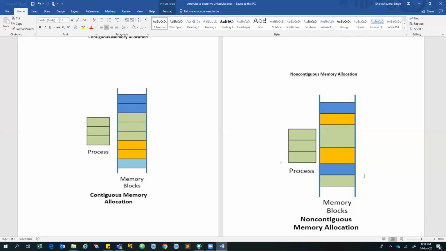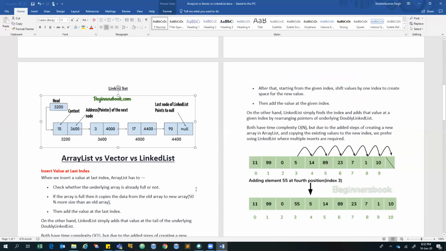I'll tell you the advantage of contiguous allocation. It is more helpful in caching. If you frequently access some block of data in the main memory, caching also keeps track of the recently accessed data, maybe the consecutive blocks of data, and stores them in cache memory. So when you request, it gets accessed directly from the cache memory. That is the advantage of having contiguous memory. But there is also a disadvantage that we will go through further. So this is the overview of array list.